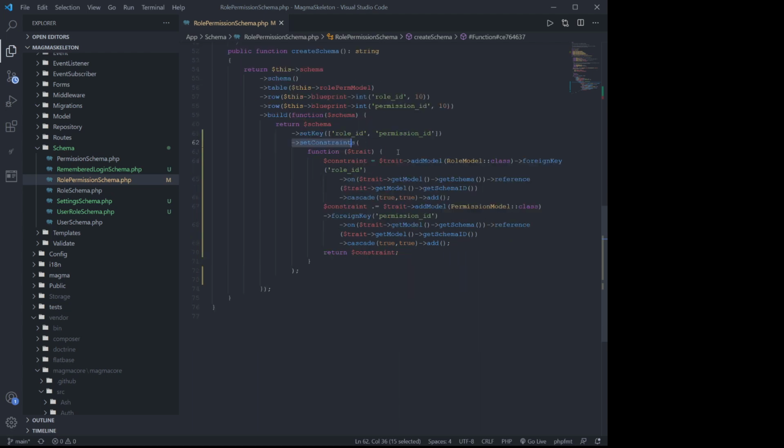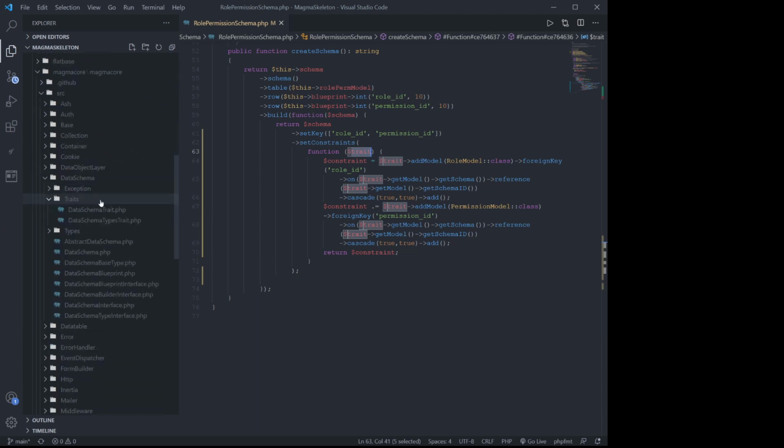This adds foreign keys to our table that links this pivot table to the tool table that it's linking. So the set constraint method also uses a callback, or we can use an anonymous function to declare our schema. Within that anonymous function, we've got access to the trait object, which we can then use to call all the methods that I've just been through. So if I bring that back up again,